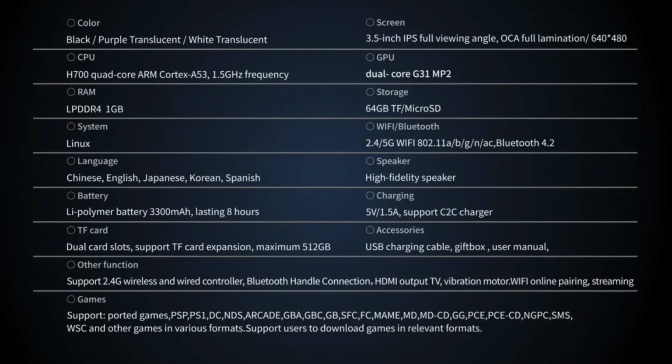All right, now with that out of the way, I'm going to go through the entire spec sheet for you. Both devices are on a 3.5-inch IPS display, running 640 by 480. We already went through the CPU and GPU specs on this. They both have 1 gigabyte of RAM, both on Linux. This one does have Wi-Fi and Bluetooth, which gives controller support. Both support the same games all the way up to...